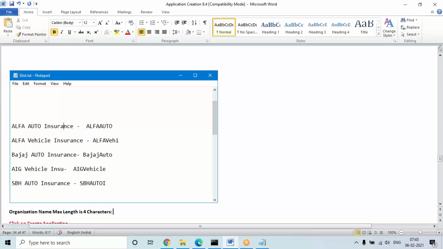Like for example, alpha, city, not more than that. If you give any other names like Bajaj and all, it will only take BAJ. Or if you give something like capital, it will take capital. Or less than 4 also it will take. Okay. 4 characters or less than 4 characters.